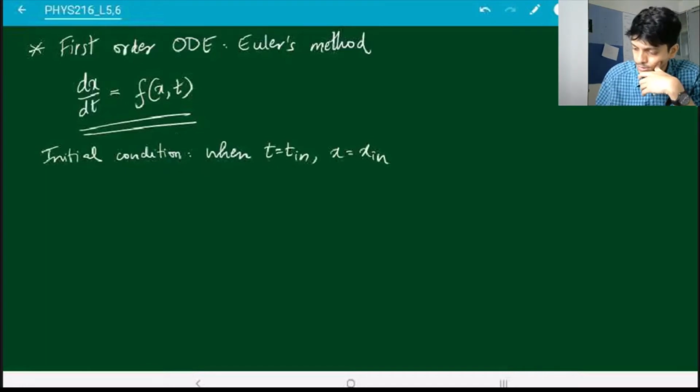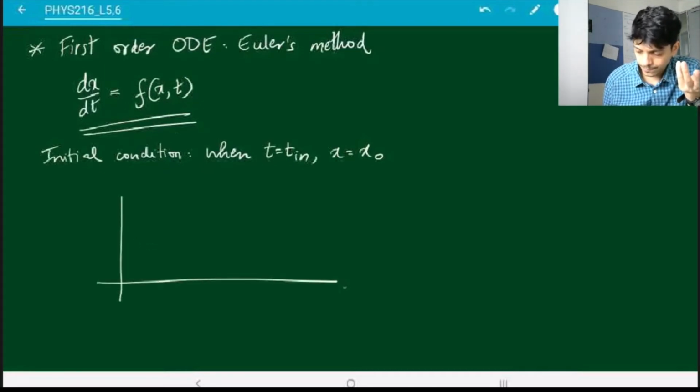Well, let's call it x0. So this is my initial condition. Now let's look at what a differential equation actually means. So when I say dx by dt is f of x,t, it means that